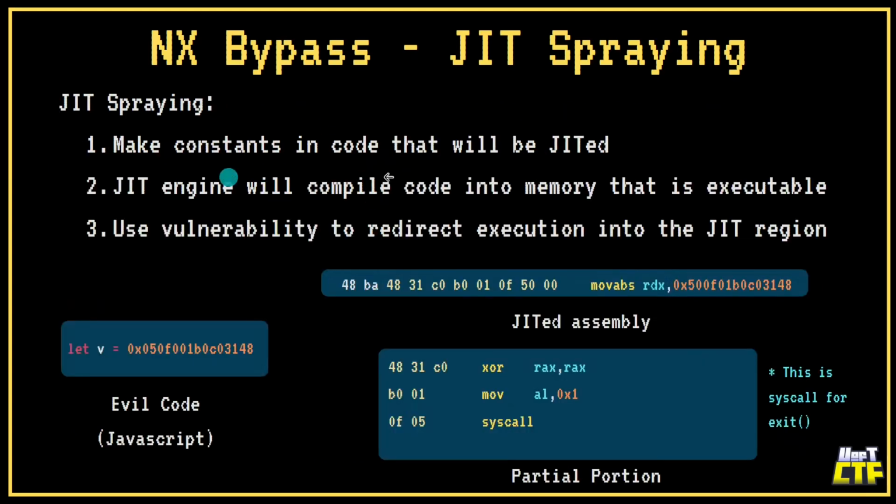And this is what you can do to exploit that. You can create a bunch of constants somewhere. If your program can allow input, you want to create some constants in your code that can be JITted. And then when it's JITted, it will be converted into this assembly here, which has a portion of it that